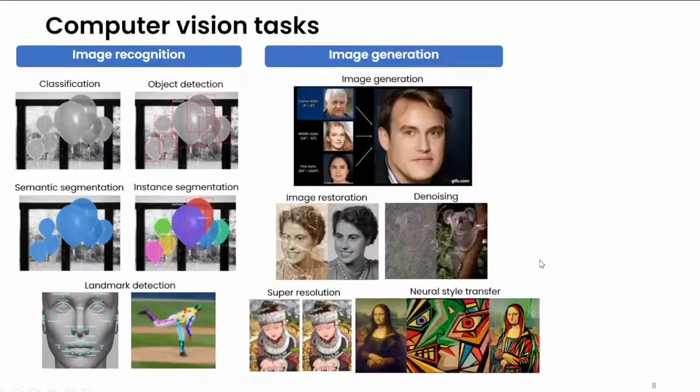The second emerging category is image generation. More and more applications have been focusing on how we generate more images for different purposes, such as if we are lacking training image data for deep learning, we can generate some really realistic images to train the model. Some applications include generating images or restoring images, denoising images, or upscaling the image resolution. One interesting application I really like is neural style transfer. It combines the content and the style of 2 images and generates a new piece of art.